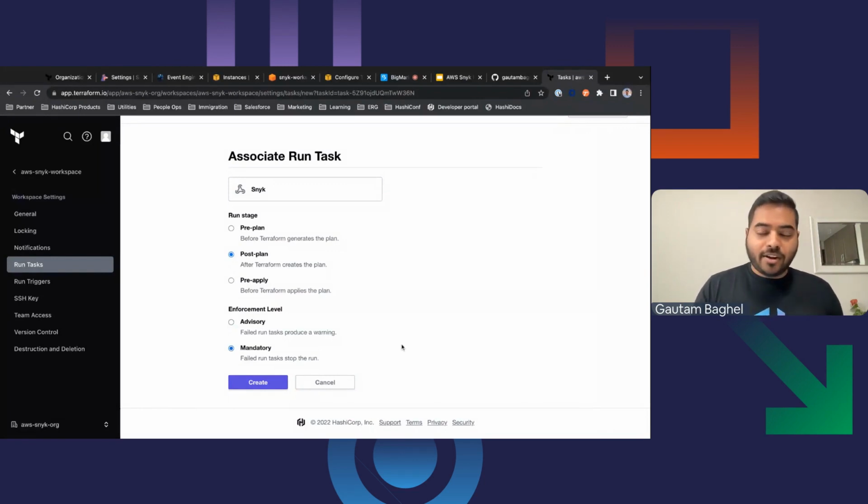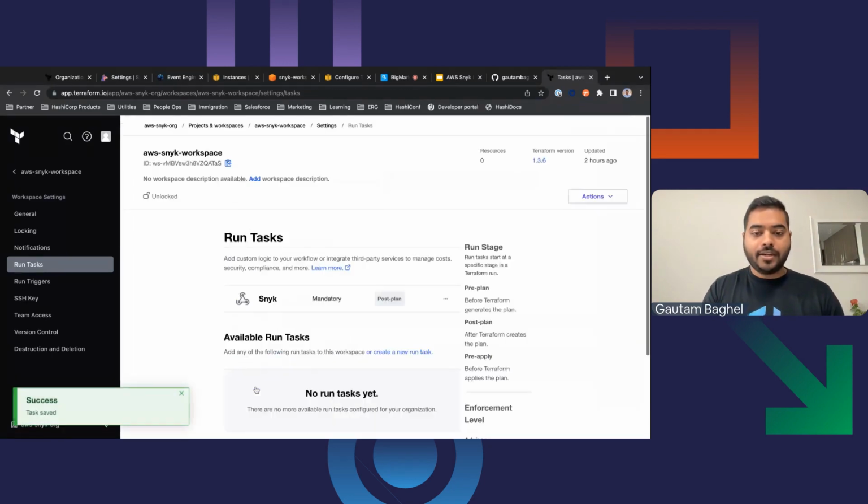So even if that intern that I was talking about somehow gets access to your production cluster, and if he or she adds misconfigurations, we'll block that build from being deployed. We'll block that apply from happening. So I'll make it mandatory, and the run task stops the run. So create that. Okay, cool.